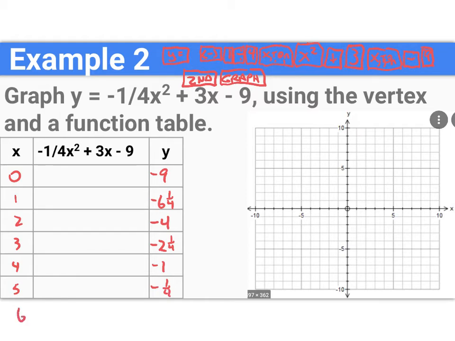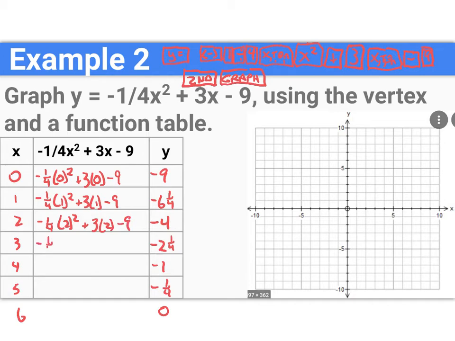and 6 is 0. So I may not plot the quarter pieces just because it might be a little weird. So if you're doing this by hand, you would just do negative 1/4 times 0 squared plus 3 times 0 minus 9, and so on with the rest of them. And I always say, when you substitute, please make sure that you use parentheses for the numbers to keep the sign straight, because some of your math teachers will want you to put negative numbers in there. But we've used a calculator